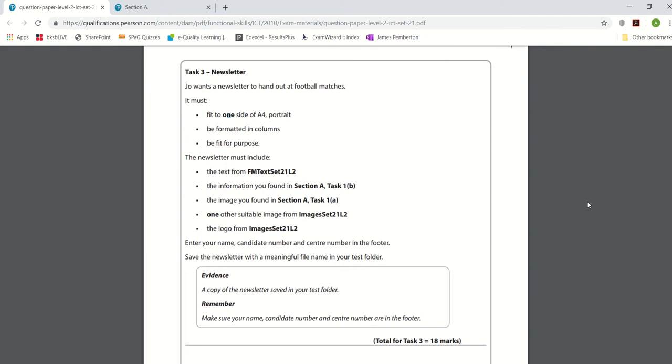Hello and welcome to the Aspire Guide to ICT Level 2 Functional Skills, where we'll be continuing to look at Set 21. In this video we'll be looking at Task 3, which in this case is a newsletter, and Task